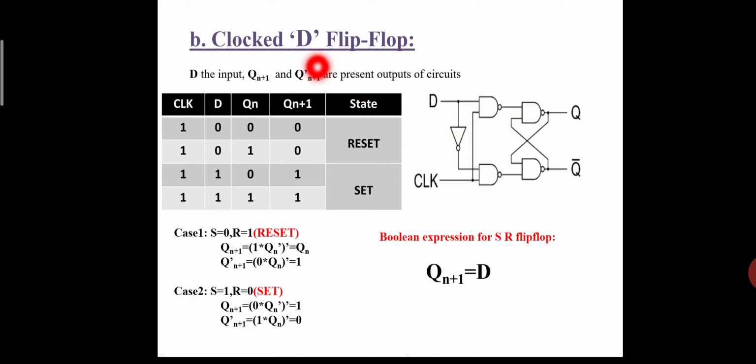We can achieve one more flip flop, we call it a D flip flop. D flip flop is nothing but a data line flip flop. So this data line flip flop will have only two states, either 0 or 1. Even if the past output is 0 or 1, you will get reset and set condition. So the Boolean expression for the D flip flop, not SR, is Qn plus 1. Whatever the D input is, it will reflect at the output Qn plus 1.